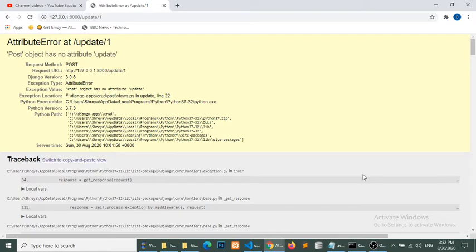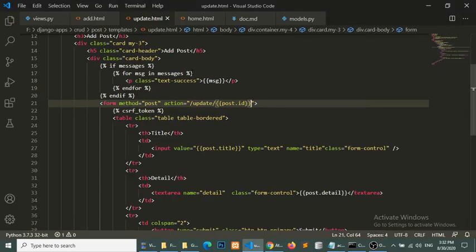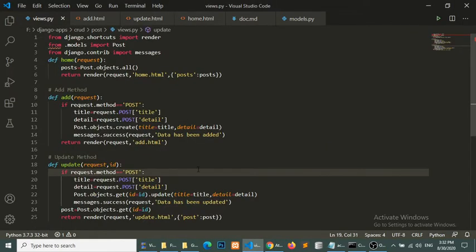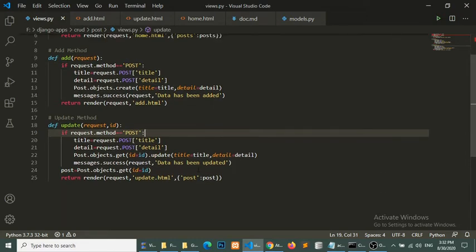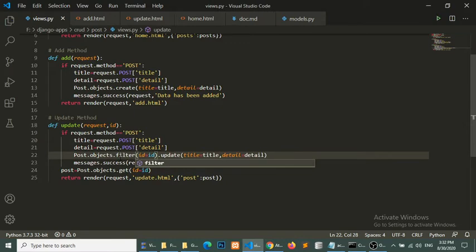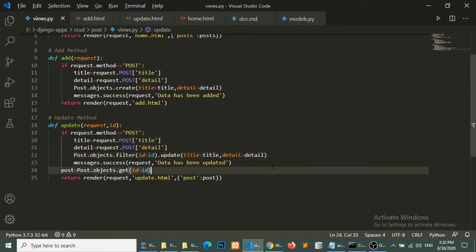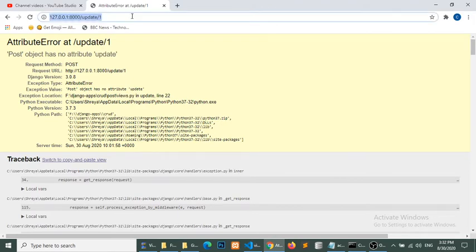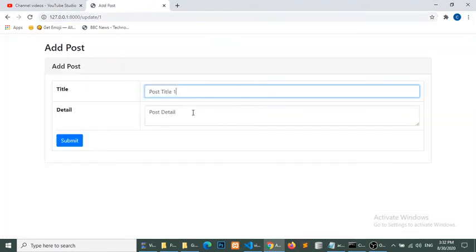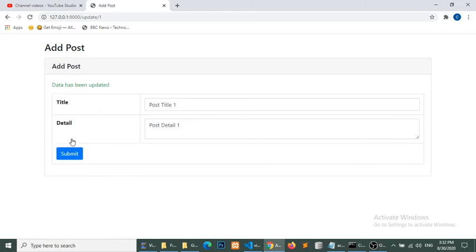Post object has no attribute update, so we need to check this. We should actually not use get, we have to put filter. Data one. So data has been updated.